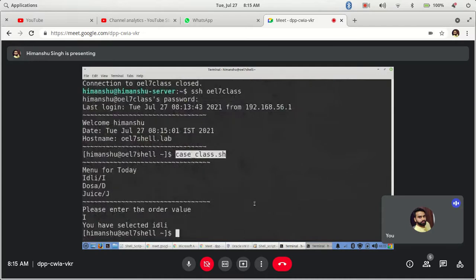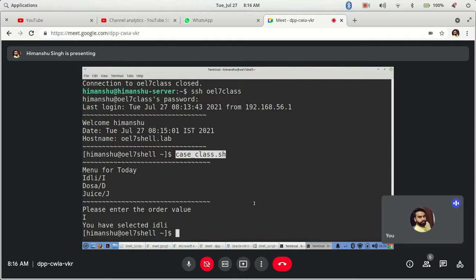Any doubt, questions? It totally depends how you are running it. If let's say you are doing a cron job or something, you will not be able to directly use that way.